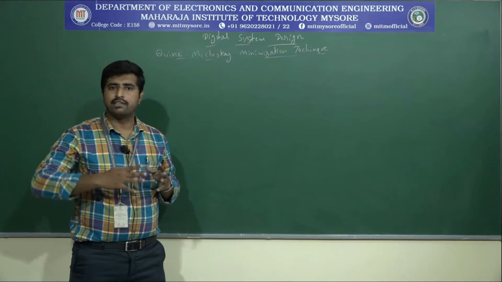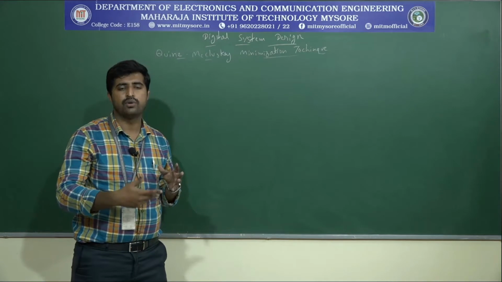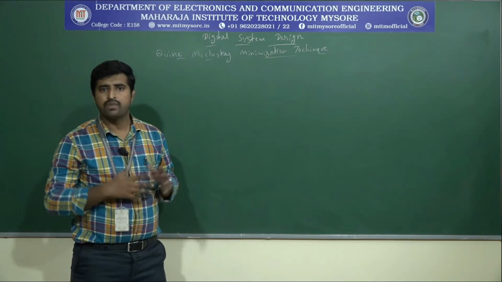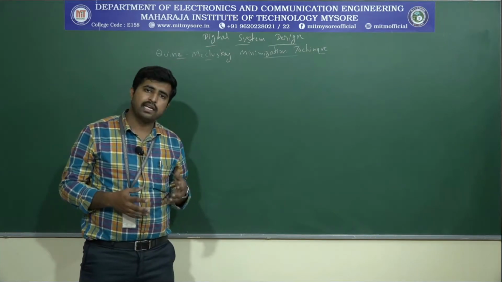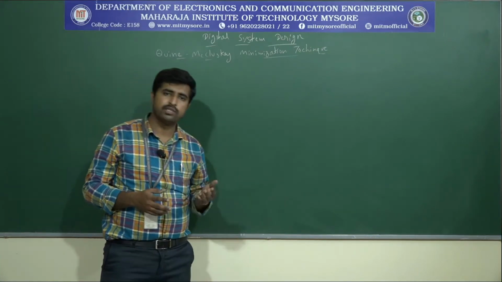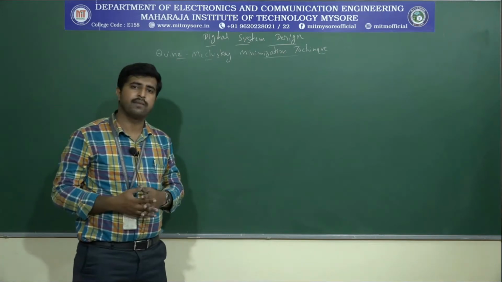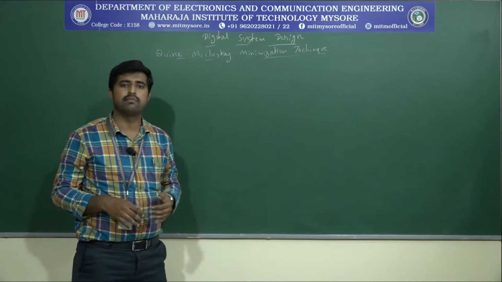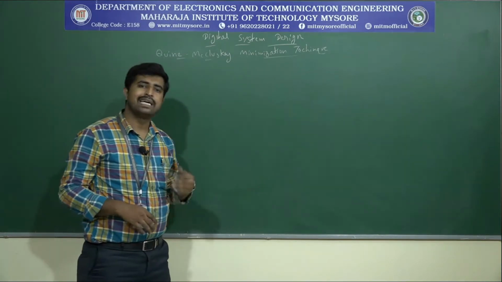If you compare, if you want to continue with 6 variables or 7 variables, simplifying the equations leads to very high complexity in solving. So another technique which is going to be used is the Quine-McCluskey minimization technique. Let's understand how to simplify Boolean equations in the Quine-McCluskey minimization technique.